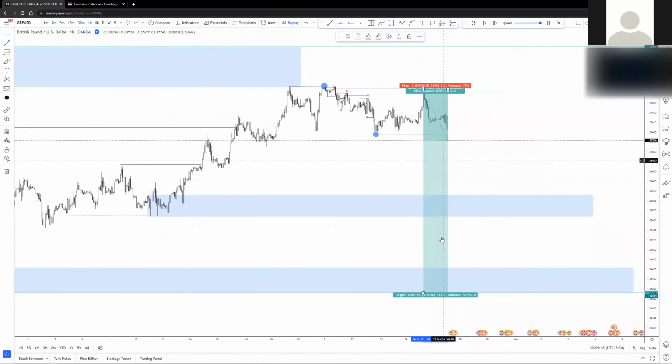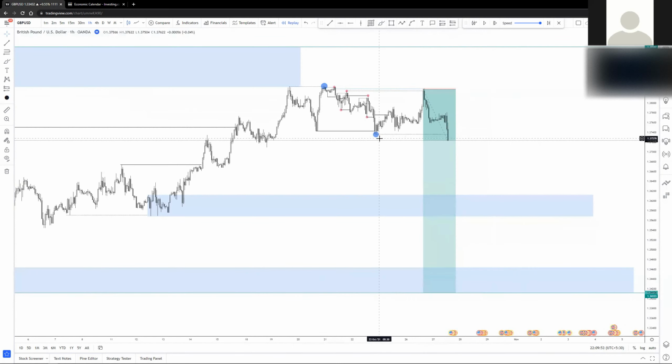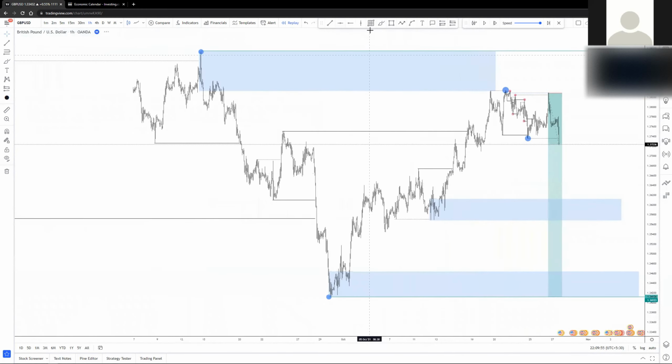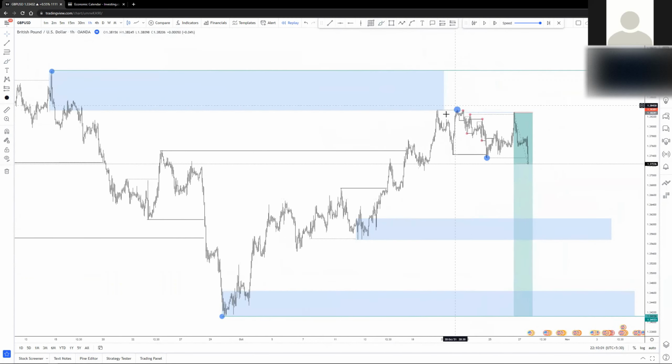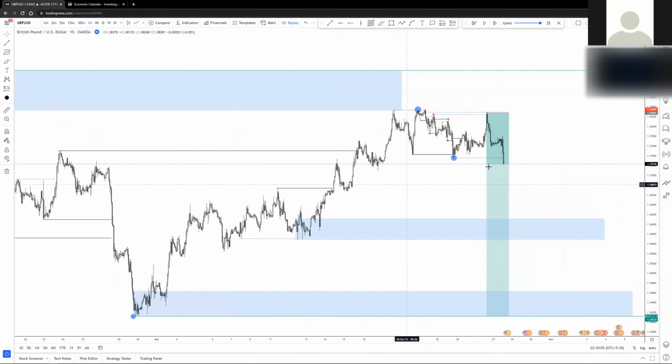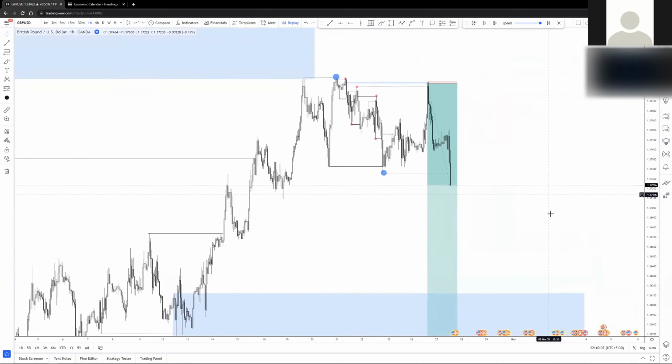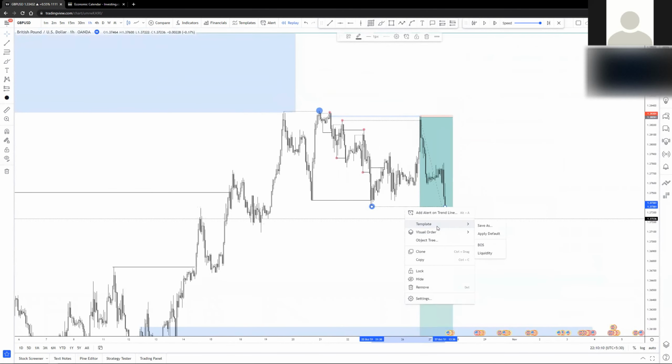See that? A 2 pip stop loss, and a 400 pip target. Because all of these were planned, you see how well organized these trades are, right? Starting from the higher time frame, we took the confirmation on a lower time frame, and then when price broke below this low,